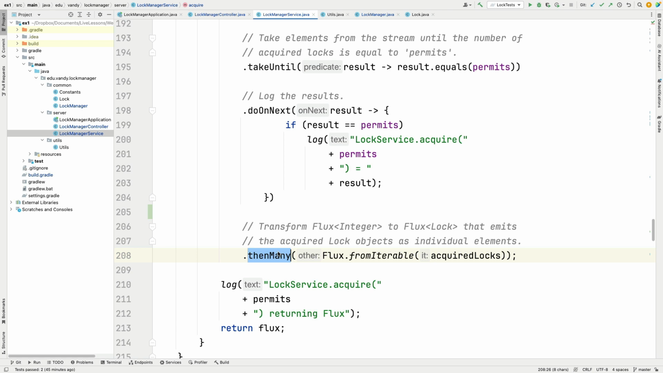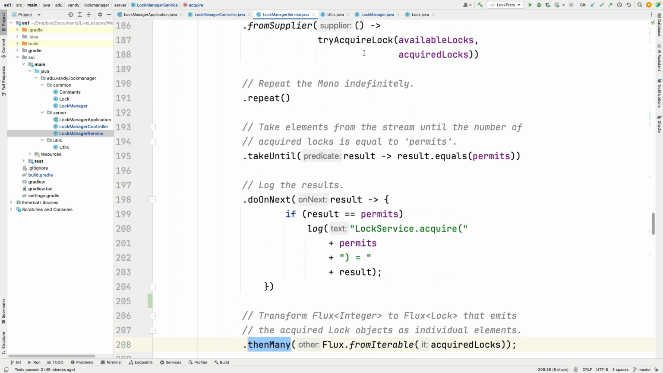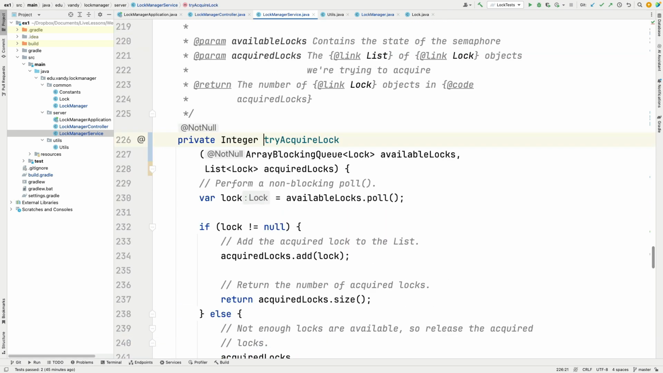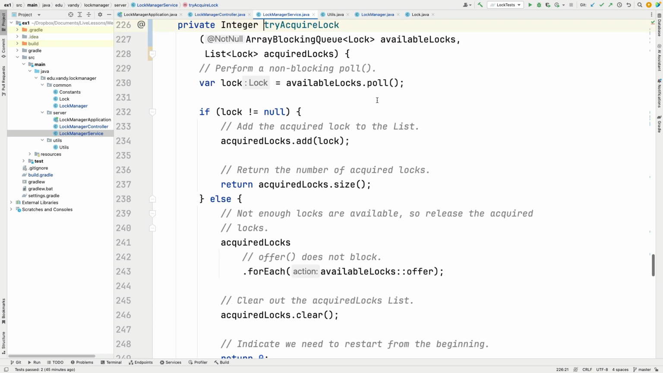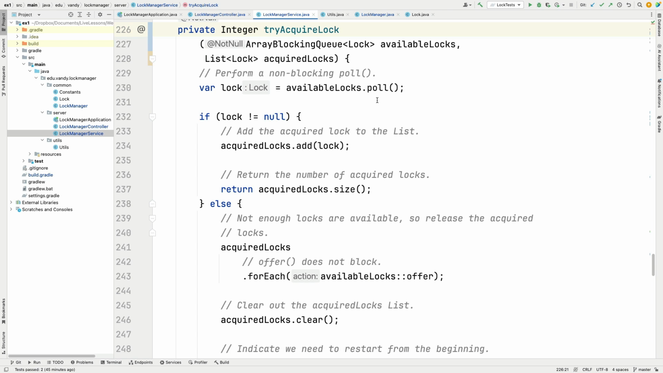That was also tremendously fun figuring out how to write that code. So that's what we're doing here. And let's take a look now at try acquire lock. So try acquire lock is actually very similar to the one that we used for the Spring Web MVC version,